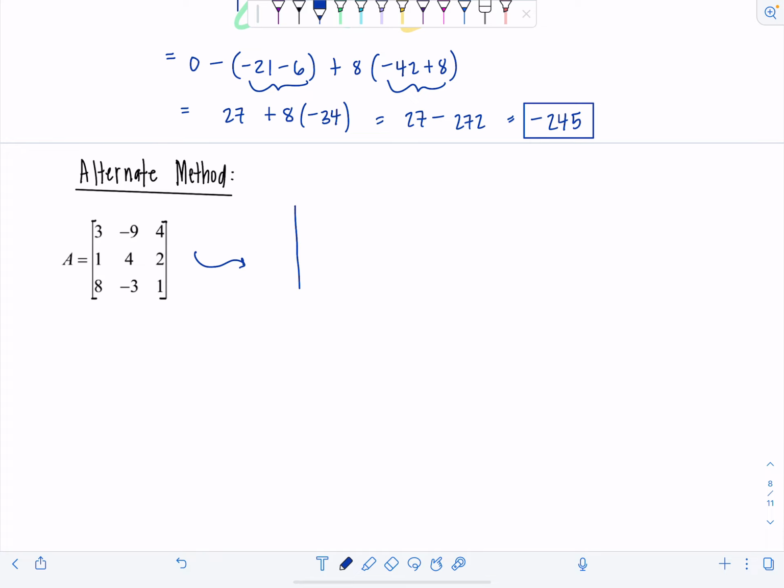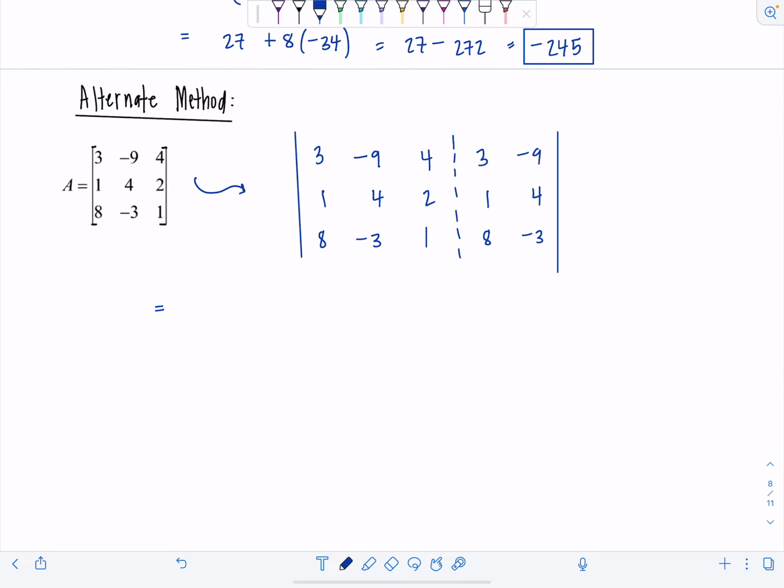So I'm going to find the determinant of, remember, you rewrite everything you have first. So 3, -9, 4, 1, 4, 2, 8, -3, 1. And then rewrite the first 2 columns, 3, 1, 8, -9, 4, -3. And then now we just take the products along a bunch of diagonals. So we're going to have this product times this product times that product plus the other product plus the other product. So we have 3 times 4 times 1, that's 12,